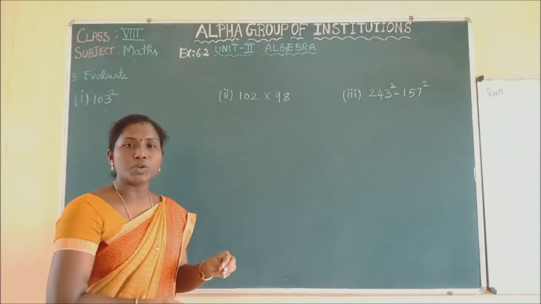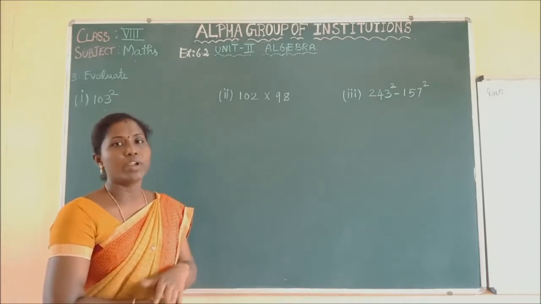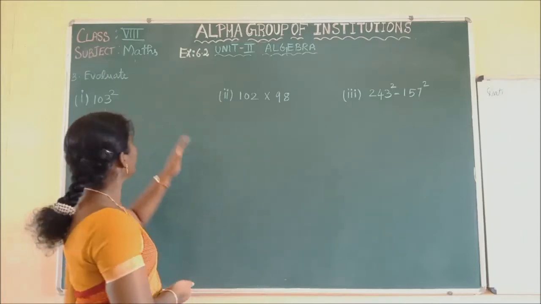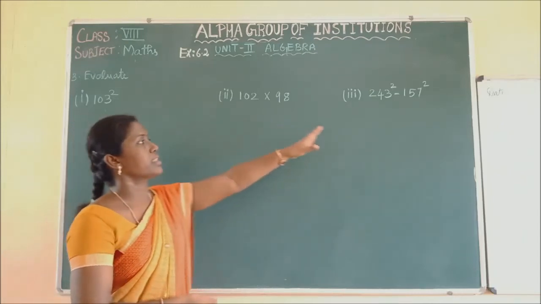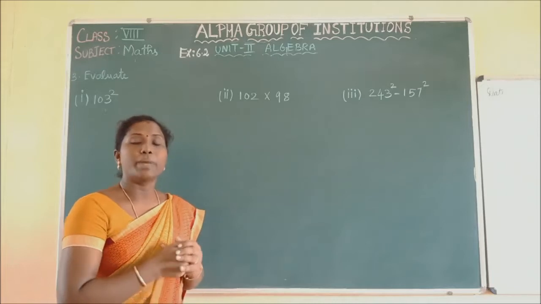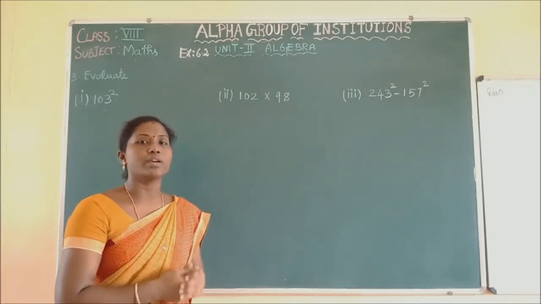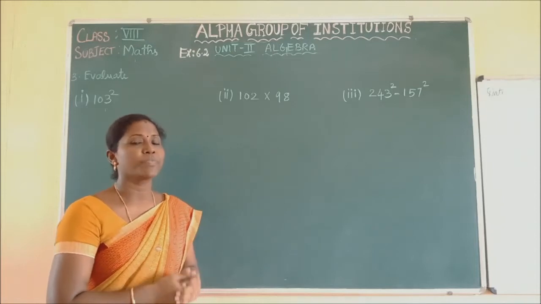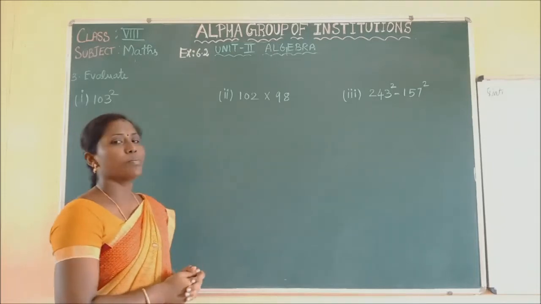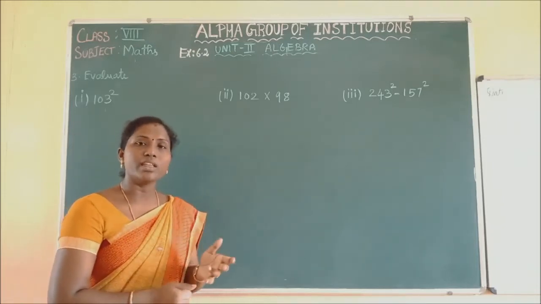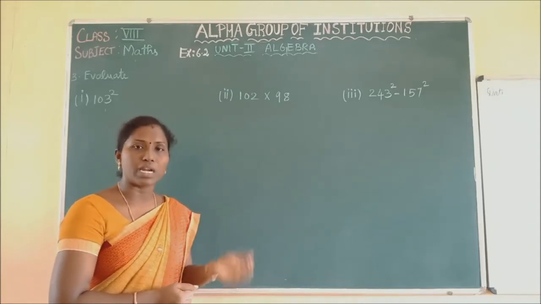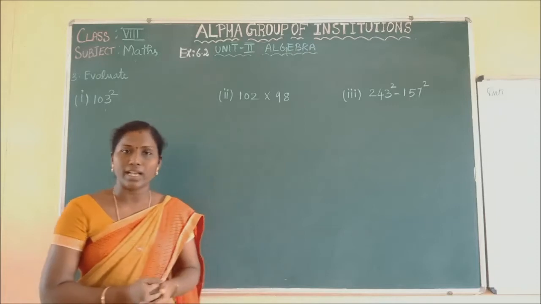For example, 2 square means we multiply 2 twos are 4. 10 square means 10 into 10, 100. Likewise, by using the multiplication method we can also find the answer for this given sum. But here we are going to find this answer using an identity. How to find it? You have to look at the number and rearrange the given number to make use of the identity. We can just multiply and find the answer also.